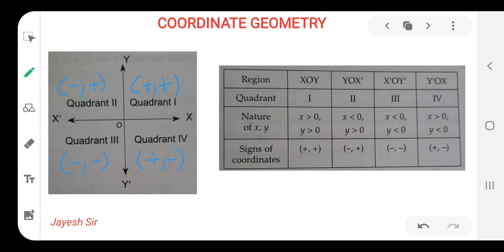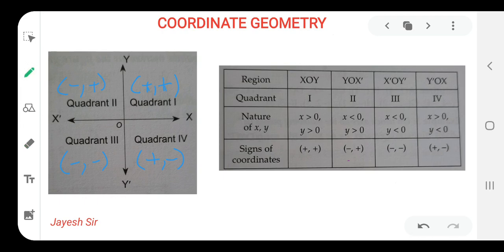Let us move to quadrant 2, y o x dash. Y o x dash is talking about this coordinate. Yes, in this coordinate we know the value of x would be negative, that means in this language we can say the value of x would be less than 0. Yes, because it has a negative sign and negative numbers are smaller than 0. The same thing is written over here. And y is positive, that means y should be greater than 0. The same sign of coordinates is written over here. I hope you all are clear with that.